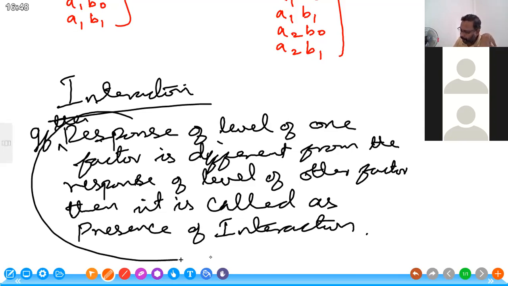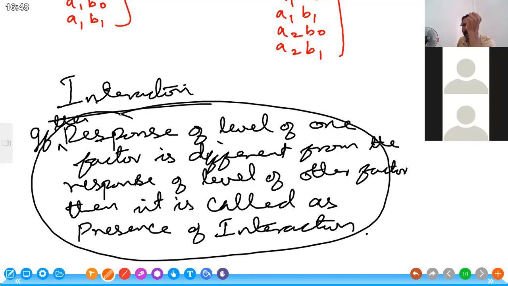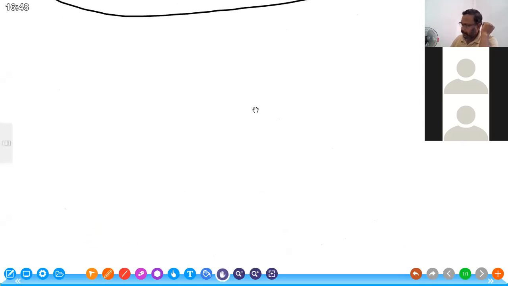So carefully read this and compare with the example which I showed. Right? So we have no interaction and there's an interaction. Right, now